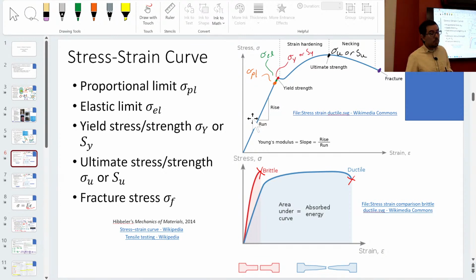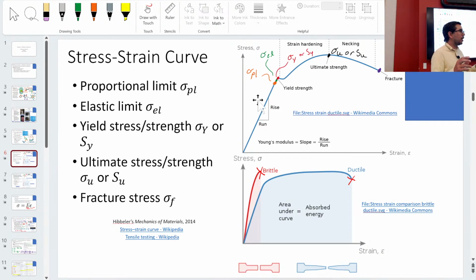Now, if you keep pulling on the material past a certain point, it yields, right? If it's a ductile material, meaning it's got some softness to it, it's not necessarily super brittle, then it will stretch a lot for the same amount of force or stress that you put into it. So you see, this material,